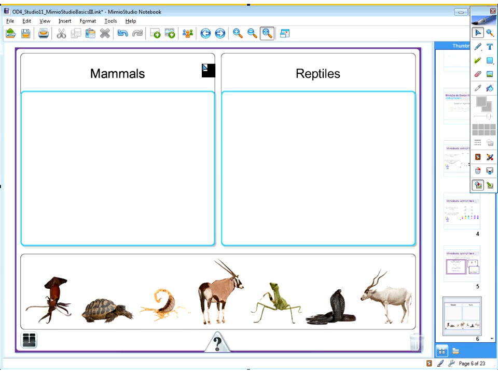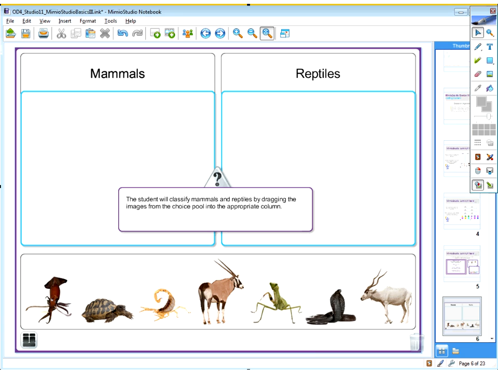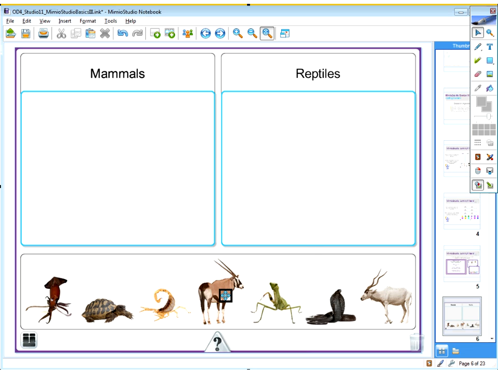So let's take a look at a finished activity and how that looks for you. We have two different columns here. One says mammals, one says reptiles. I've got my choice pool right down here. And what I'm going to do is click on this question mark and see what my objective is. It says that the student will classify mammals and reptiles by dragging the images from the choice pool into the appropriate column. So I'm going to go down here and grab my mammals,